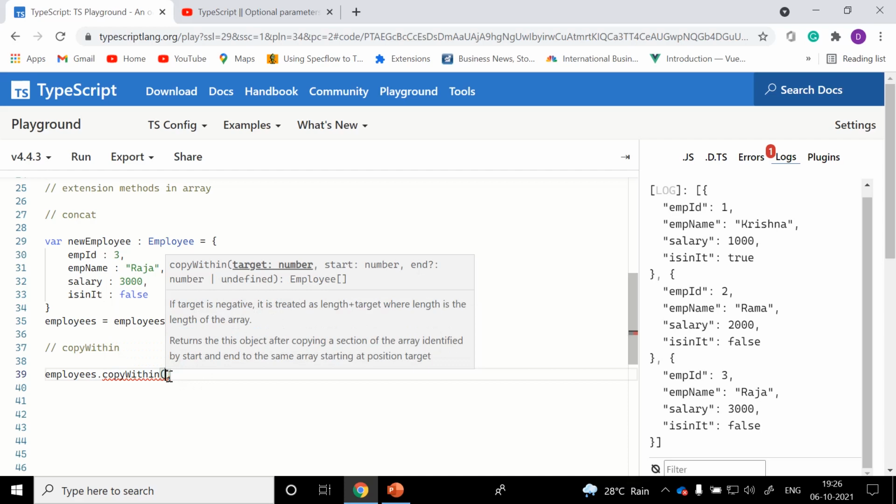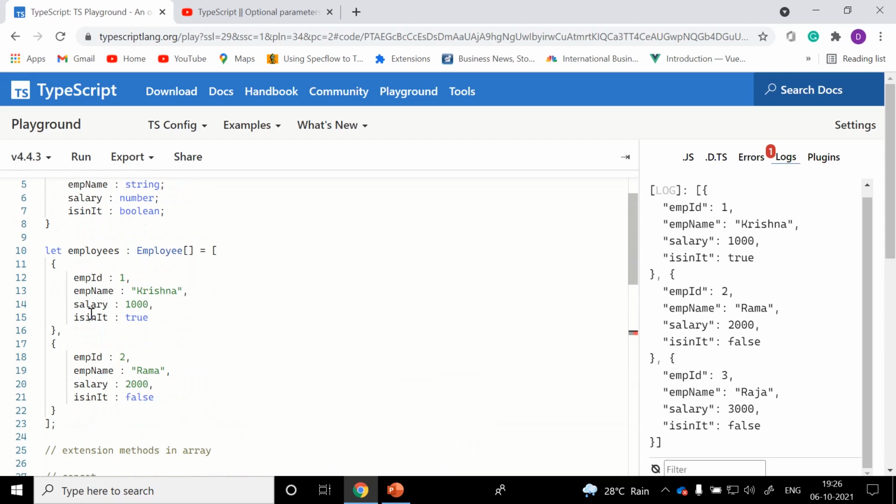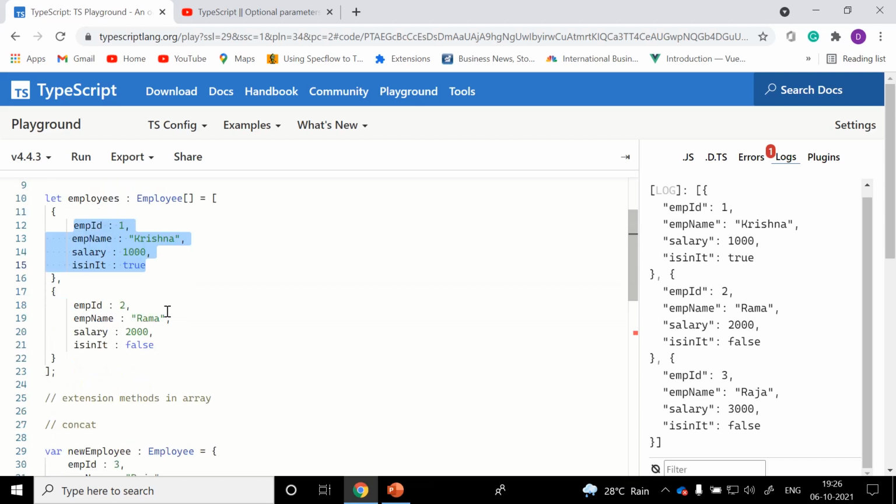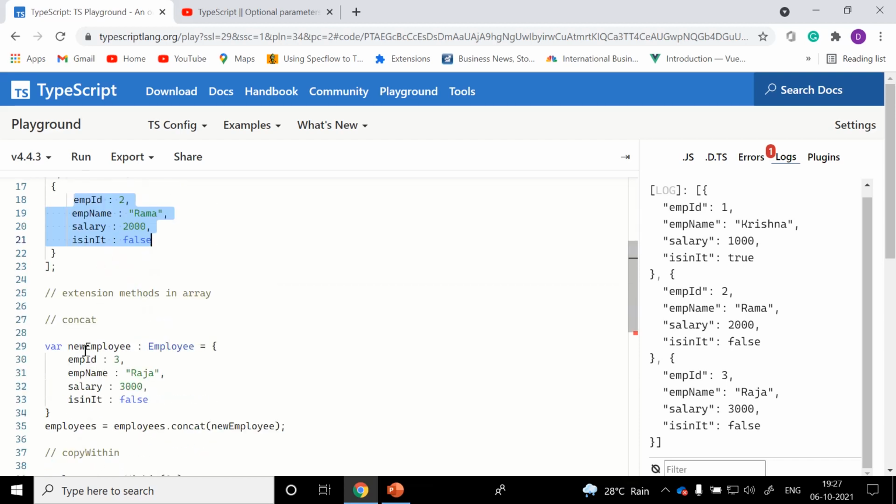Target, in the sense, for example, I am planning to place the first index item into the zeroth index. This is my target and this is my starting index. I want to end it with the third one.